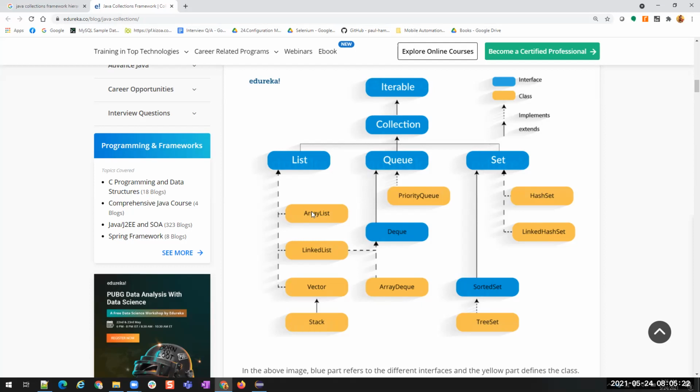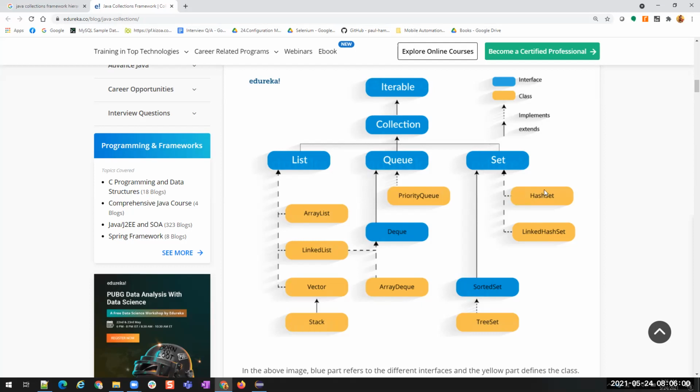I'll explain array list. There will be a small difference between array list and linked list, so you have to learn what array list is and what the difference between array list and linked list is. All the methods, all the ways of operating this array list and linked list will be the same, but there will be small differences. Those small differences you can Google and find out. What is the difference between array list and linked list? Okay. Similarly, in set, we are going to learn hash set, and a task for you is finding the difference between hash set and linked hash set. Okay, and also the difference between hash set and sorted set.